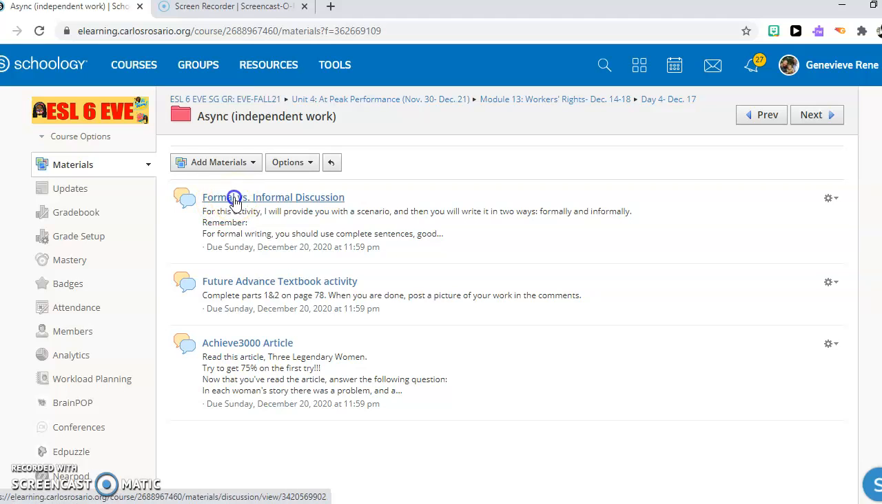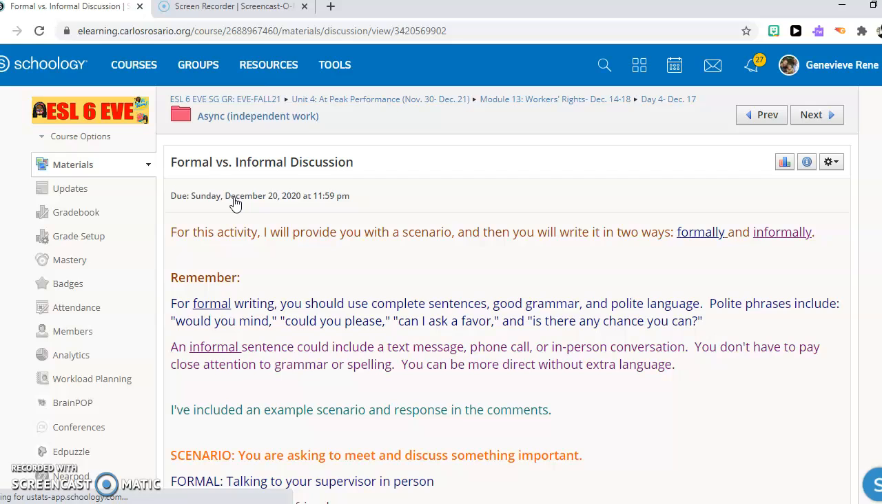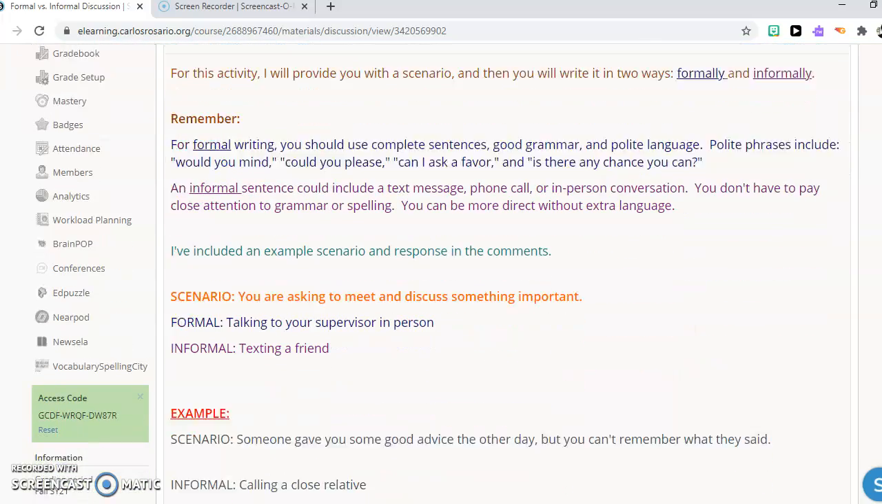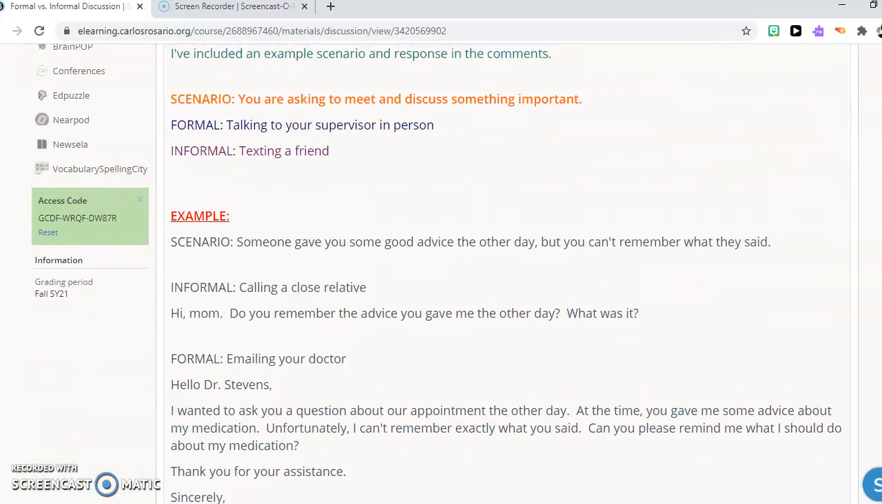So the first thing you have is formal versus informal discussion. You are going to see some scenarios, situations, and you're going to see formal and informal. You are going to look at the scenario and see what it tells you to do, a formal way or an informal way. All right. So for example, so here